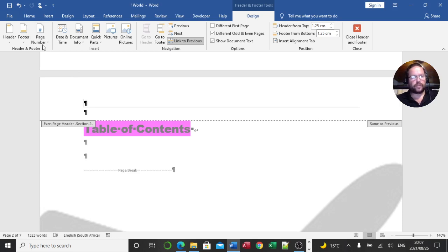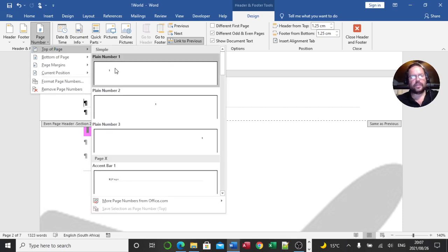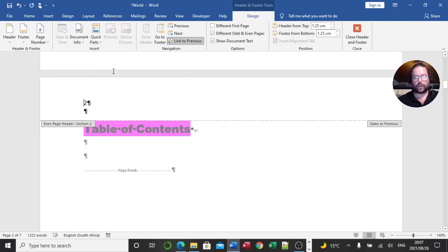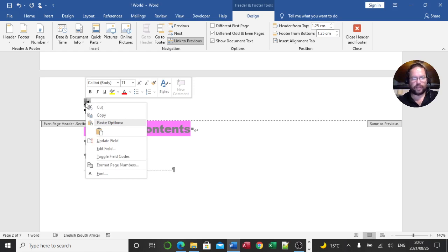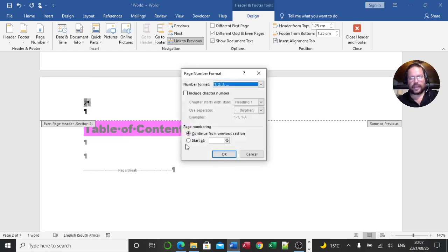I'm going to double click in the header, and you'll see it takes me to my Header and Footer tools, and here I've got Page Number. I'm going to say I want it at the top because that's the header, and they didn't stipulate what it needs to look like, so I'm just going to pick the first one and not waste my time. Now as I do that, automatically the number will realize it's on page 2 and put a 2. So what I need to do is right click on that field, go to Format Page Numbers, and the question says it needs to start on 1, like that. When I say OK,